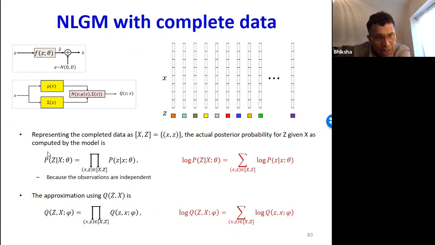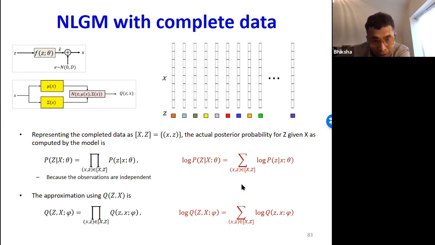So if I look at the log likelihood, if I look at the probability of the Z given X, this is the product over all of the individual training instances of the corresponding Z. This first term is the probability of this entire Z given this entire X. This is the product taken over the individual columns of the probability of this Z given this X, because all of these vectors are assumed to be independent.